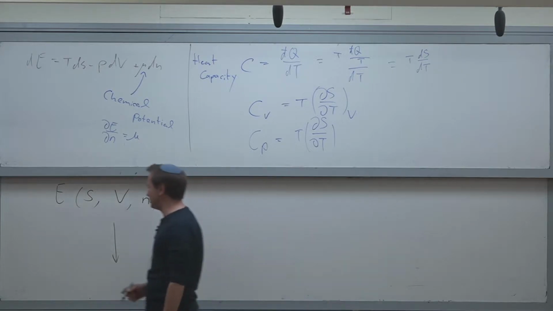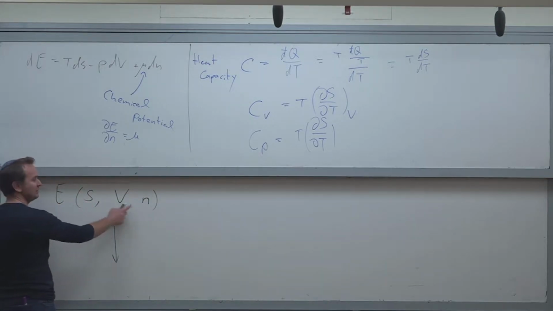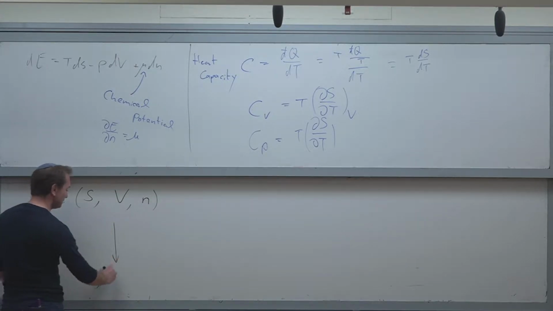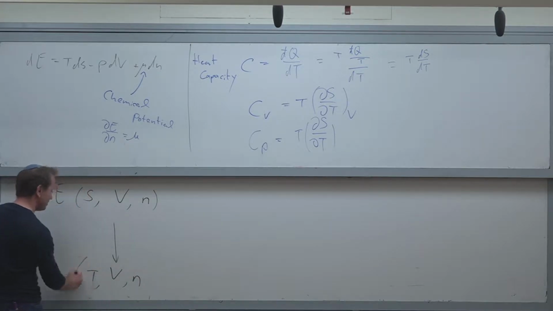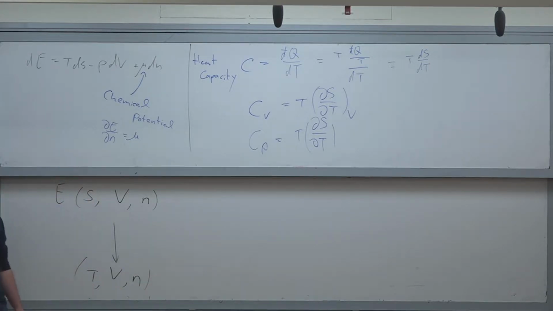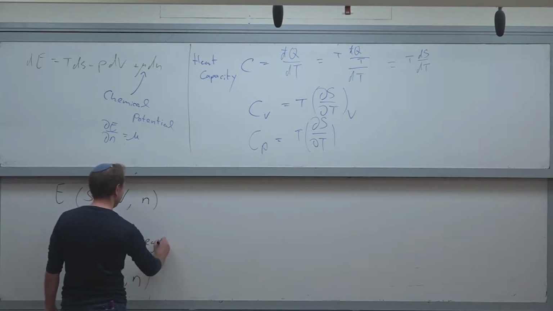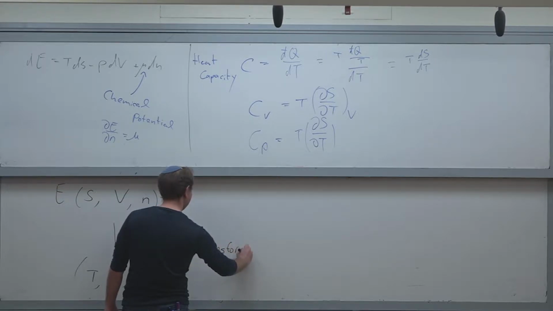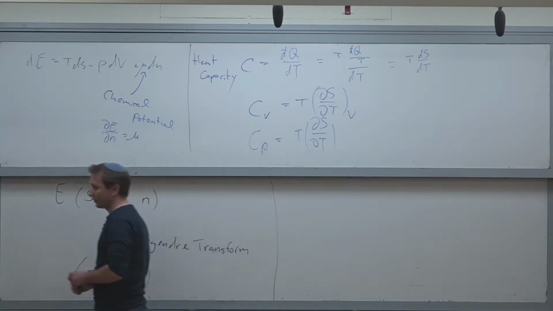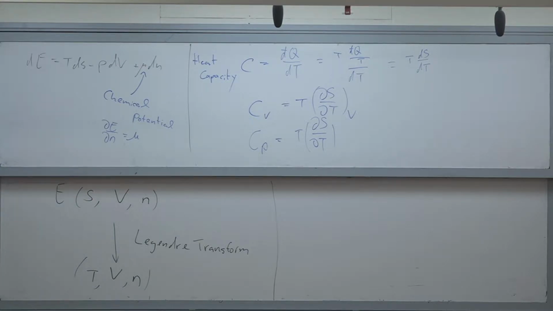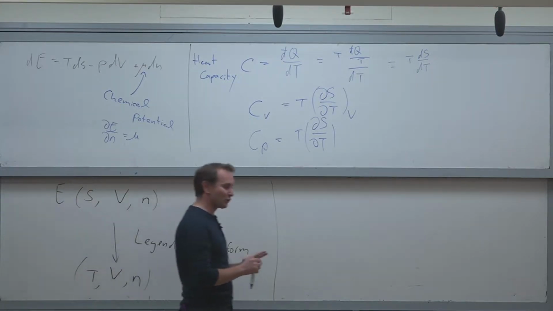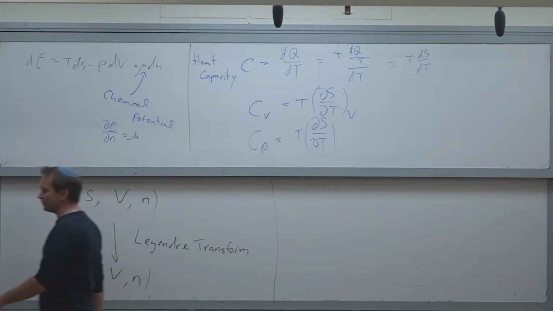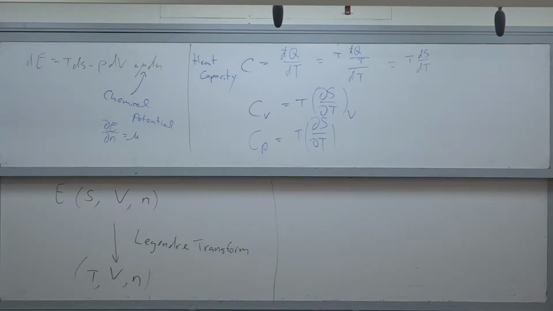A basic transformation of variables from S, V, N to, for example, what is usually used: temperature, volume, and the molar number, is achieved by performing a Legendre transform. By Legendre transform, what we mean is we subtract from the function itself